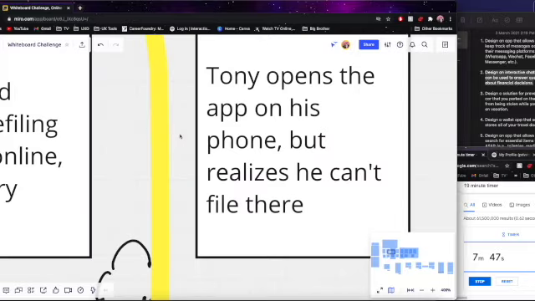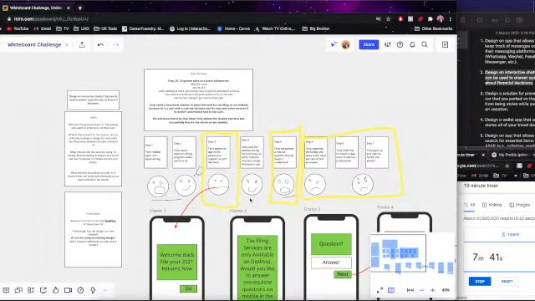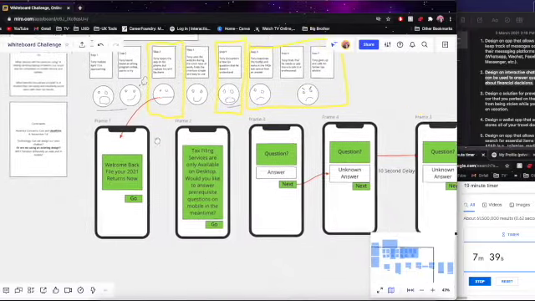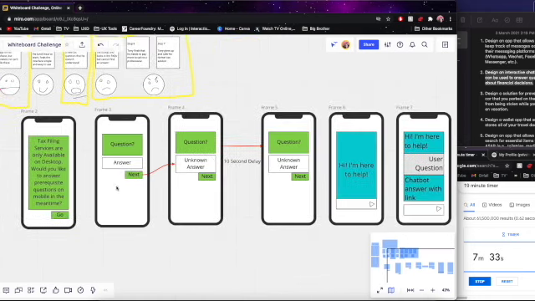Not necessarily a problem, but we've given them two options. I'll work that out in my storytelling a little bit more here, but we're informing them right off the bat that, hey, you can't file here, but you can answer some prerequisite questions. Here's a question, here's a question. I don't know the answer. After 10 seconds,